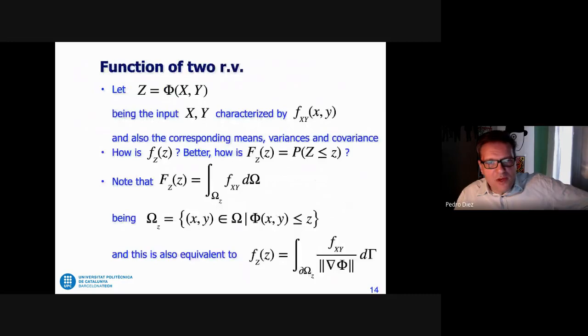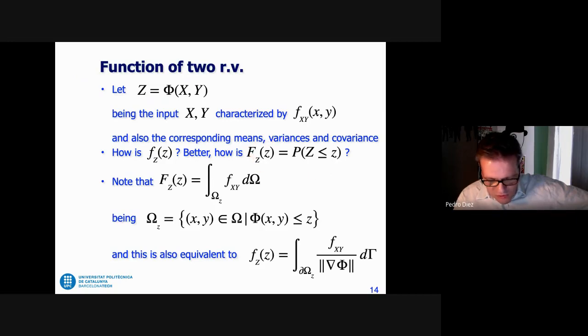What happens when we have two input variables and one output variable? So z is equal to phi of x, y. In this case, of course, phi cannot be a mapping anymore because there is no possible bijection between a two-dimensional space and a one-dimensional space. So we assume that the input x, y is characterized by some joint distribution f of x, y, and we want to characterize the distribution of the output, so we use again the definition of the cumulative distribution function capital F of z,